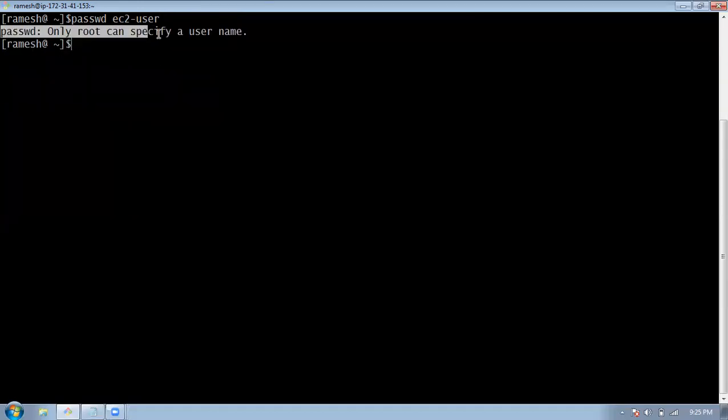So you are getting an error message. Hope that is clear. This kind of approach will work only with root login. Otherwise, you can only use passwd and press enter to change your own password. And we'll see the next command.